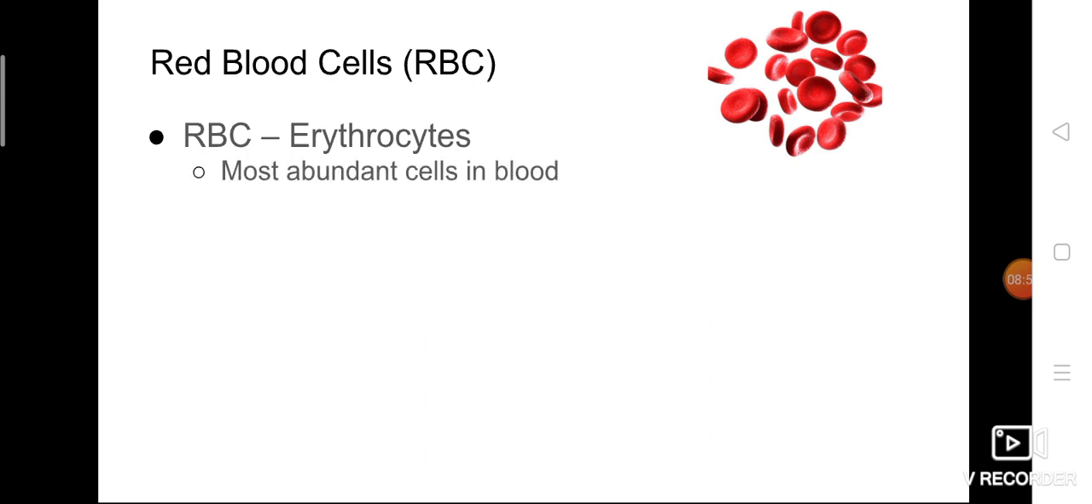See, where are the RBCs present? They are embedded in the plasma only. Okay, so while comparing RBC, WBC and platelets, the remaining components of blood, RBCs are the most abundant cells in blood. Okay,